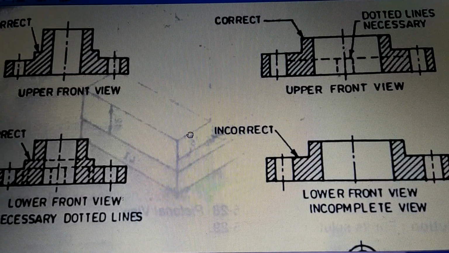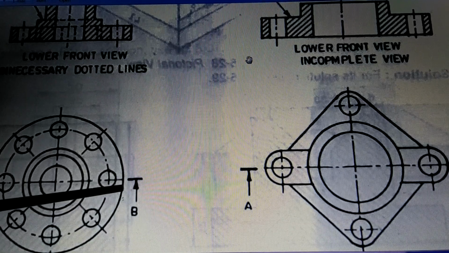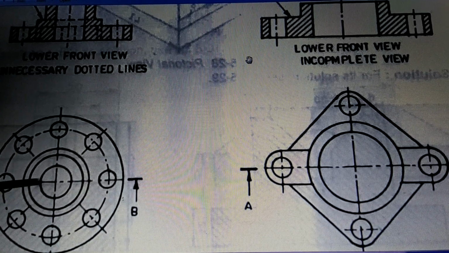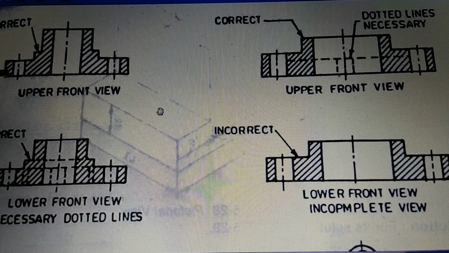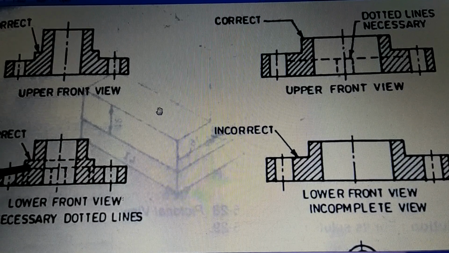Now what you observe here is, say this is an object and you are drawing this object in sections. So you cut the object, the top view is shown cut from here. So if you cut the top view from here and then you are asked to draw the front view, then the front view will be drawn like this, and it is also shown here with a mistake. This is the correct way of drawing, this is the incorrect way of drawing.